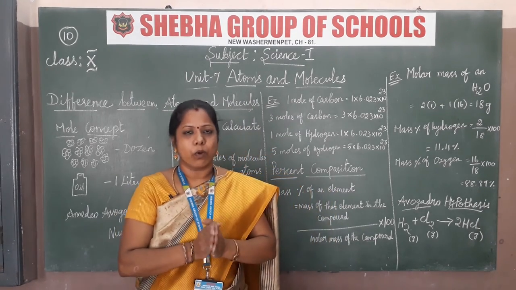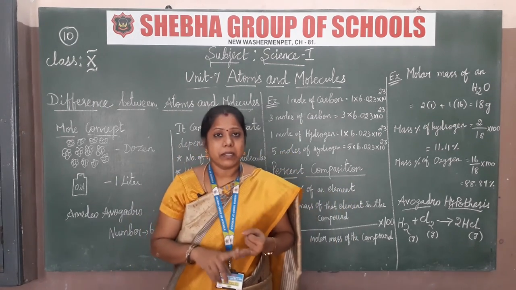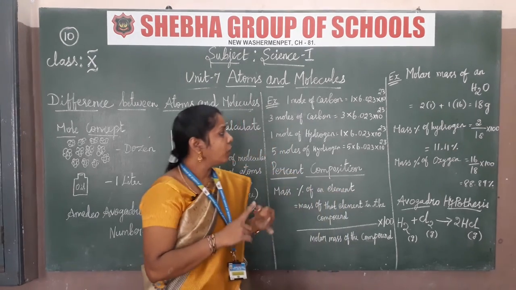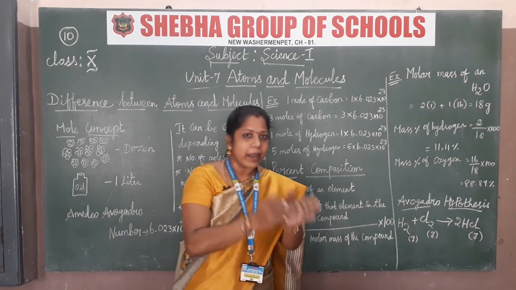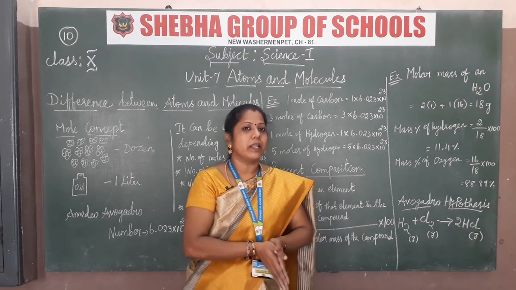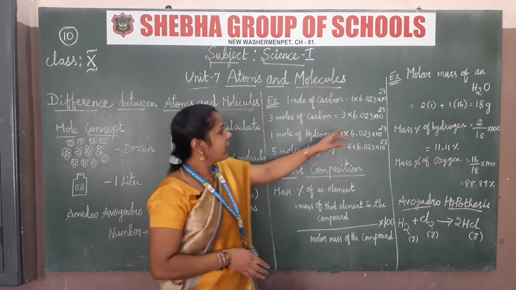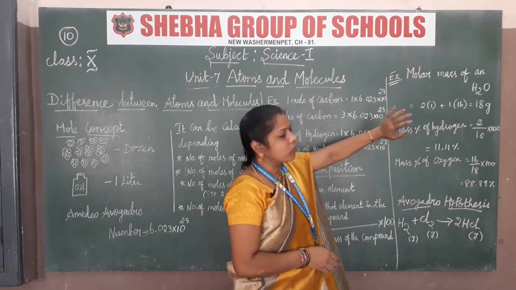So the water molecule will be very easy for you to understand. So I will explain all of that to you. There are two elements in it, for hydrogen and what is that? Yes, oxygen. So two types of elements are there. You can tell about each and every one. For hydrogen separately we can tell the percentage, and likewise for oxygen. So I am going to explain using one example, the water molecule.